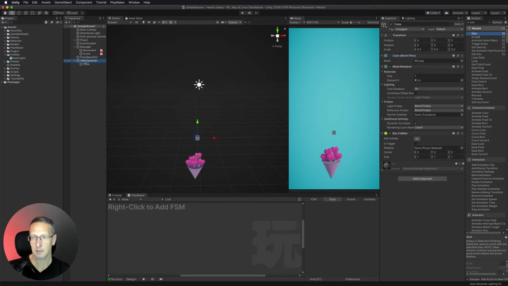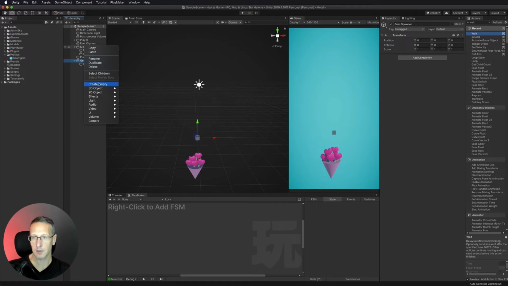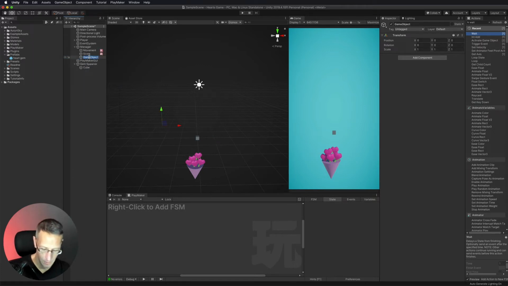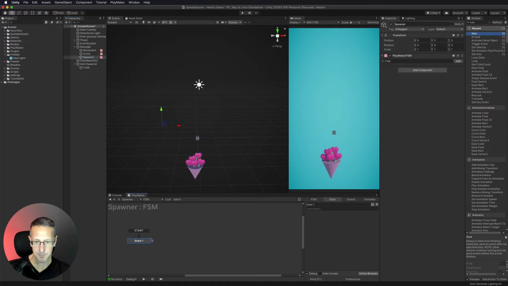And let's go ahead and set up a manager for this. So we're going to create a new empty in our managers, and we'll call this spawner. And with that is where we're going to change the placement of where those gems are created. Okay. So with our spawner, let's go ahead and create a new FSM.